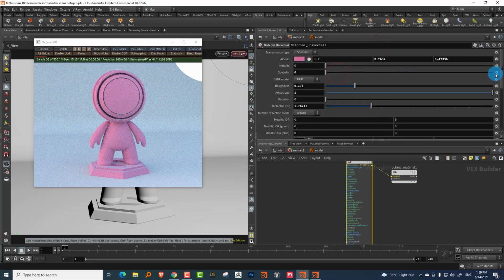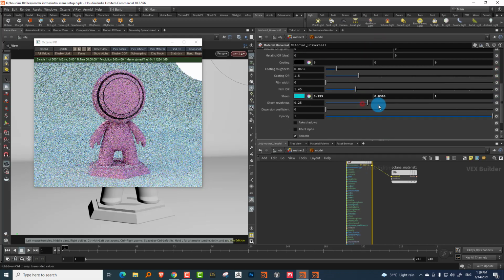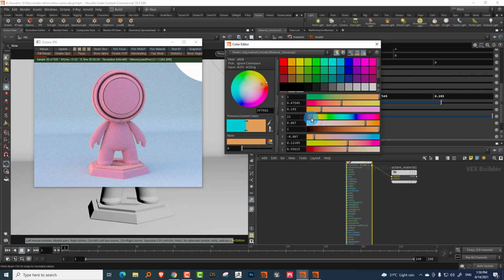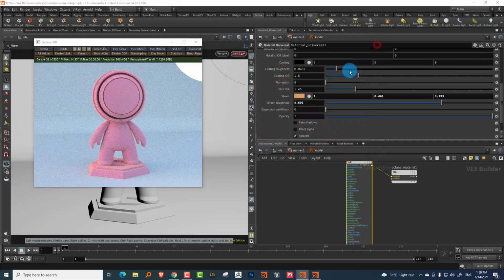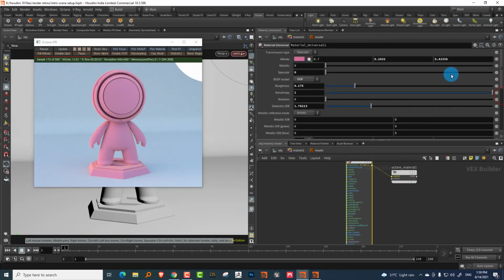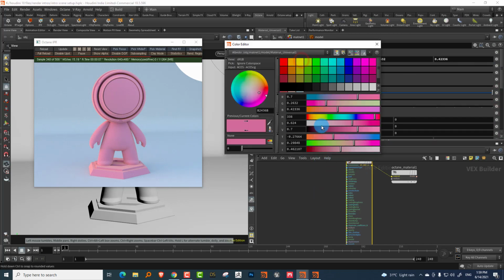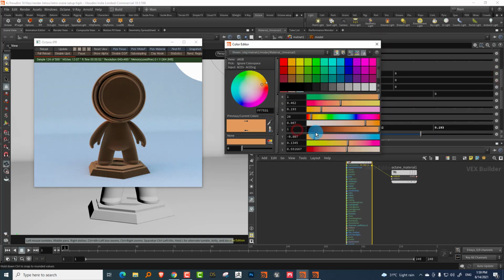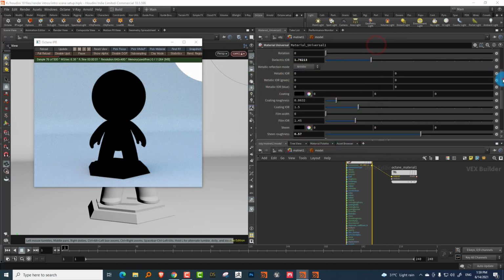I'll get rid of reflection temporarily. And if you increase the roughness, see, there you go. So let's change this to, yeah, there you go. Sheen, as I said, is good for doing cloth and stuff like that, or velvet. It's really good for those things. Okay, so this is your basic. And then if you want to do glass, then you need to, let me just bring the specular back.